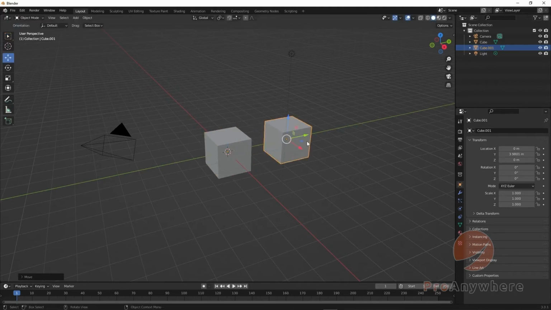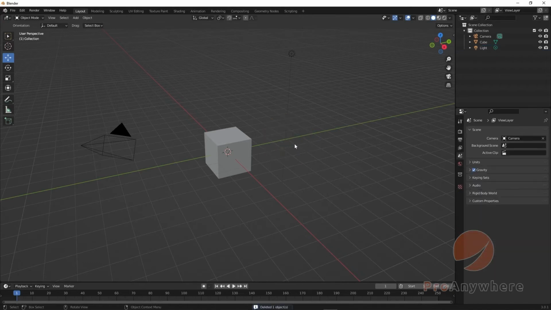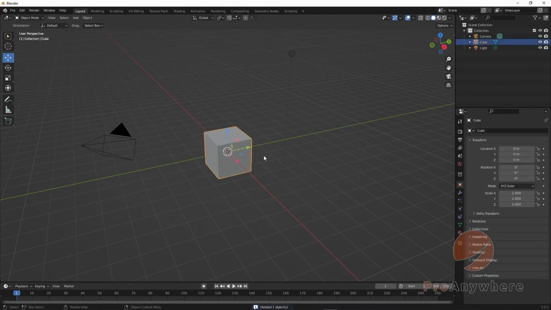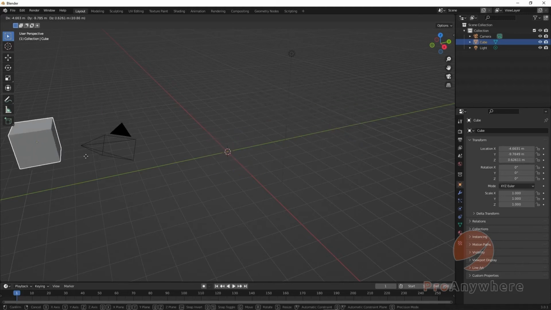Now, that's how you could duplicate. Just to explain, I'll delete this. Just to explain the grab mode. We mainly show the move, the rotate, and scale, but the original way that Blender, in the older versions of Blender, that was the prominent way to move it. If I go back to, let's say, select mode, you could be in any one of these modes. There's a hotkey on your keyboard. If you just press the G key, you'll go into grab mode, and you'll be able to move it